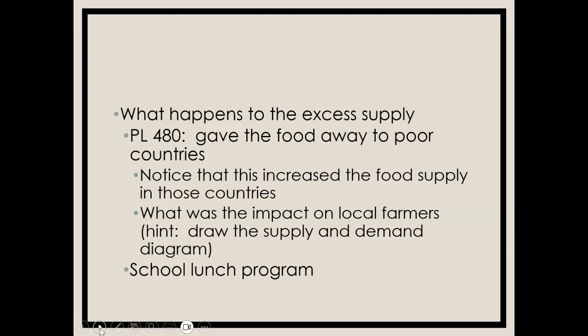Well, here's some of the things that have been done with the excess supply that the government bought from supporting price floors in agriculture. Here's a couple of programs that they've used. One was a law called PL 480, where basically the government bought food products, grains and stuff like that, and gave it away to poorer countries. Notice what happens when you do that. That increases the supply of food in those countries, which is great for consumers, but it's not so great for the local farmers. What it did was it drove down the prices there, and it put their farmers in trouble.